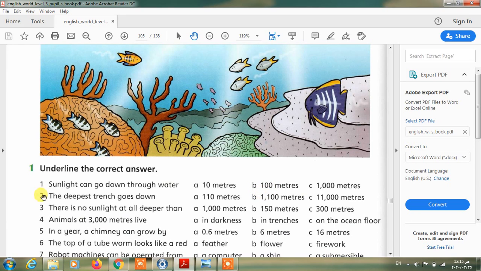Number 2, the deepest trench goes down 110 meters, 1100 meters, or 11,000 meters. The deepest trench goes down, letter C, 11,000 meters. Number 3, there is no sun